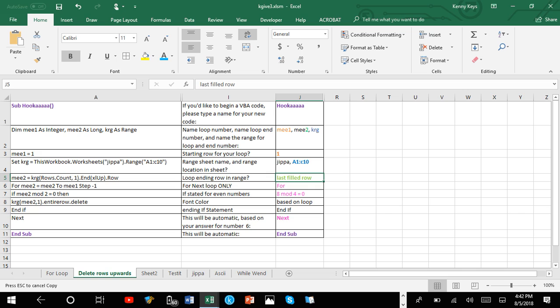Now I use the module. An example in column J is 8 mod 4 equals 0. But if you look over here in column A, line 7, it says if me2 container, which is the container for the last very row, which is 10 right now. So that means if row 10, column A,